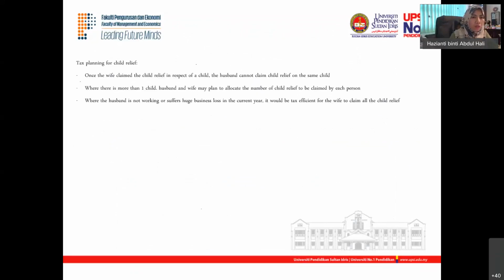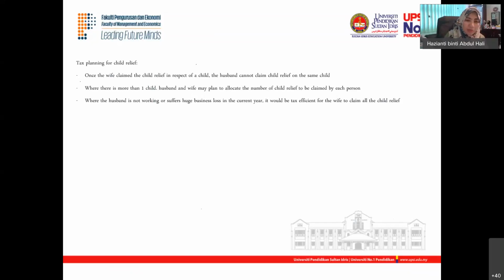Alright, so sedikit on tax planning of the child ni. Biasanya if dia depends lah, that is why we call it tax planning. So once husband and wife boleh pilih lah, let's say anak ada 4, so husband ambil 2 relief, the wife ambil 2 anak pun boleh, not necessarily kena bahagi sama rata. Tapi syarat dia kalau seorang dah ambil, yang lain tak boleh ambil lah. So you cannot lah bapa pun claim anak tu, mak pun claim untuk anak tu, tak boleh. So mesti satu je lah.